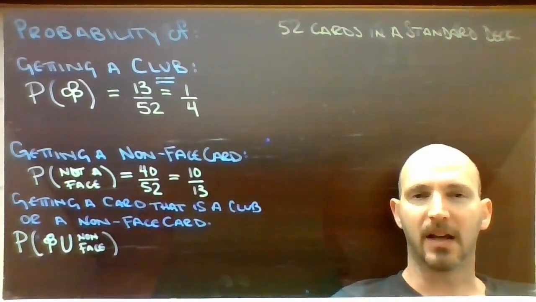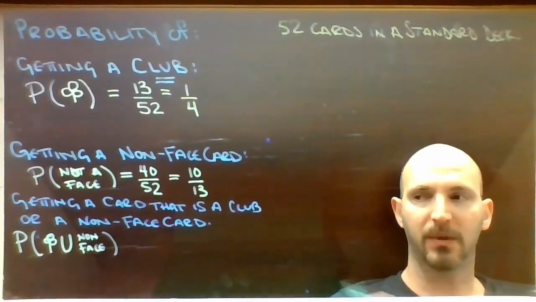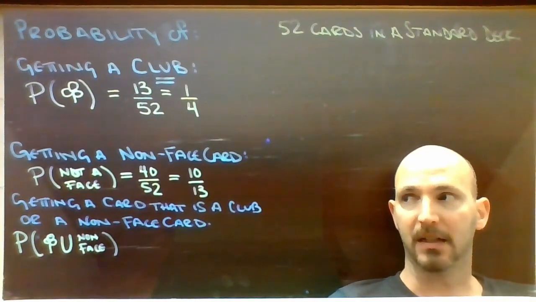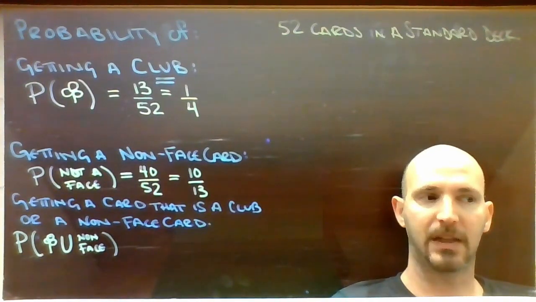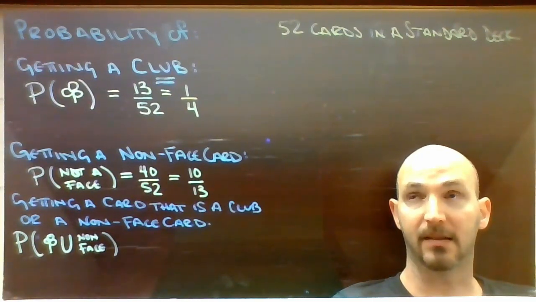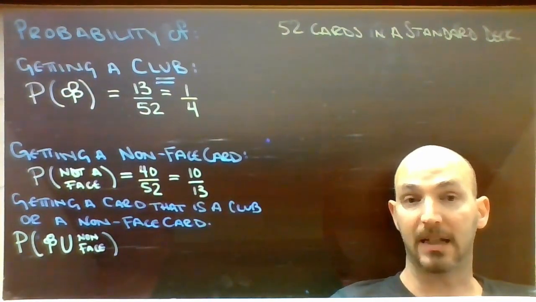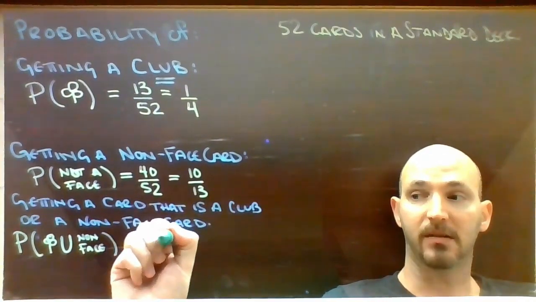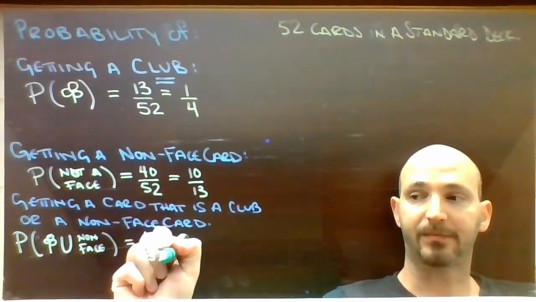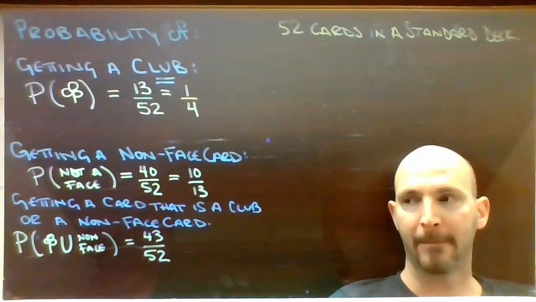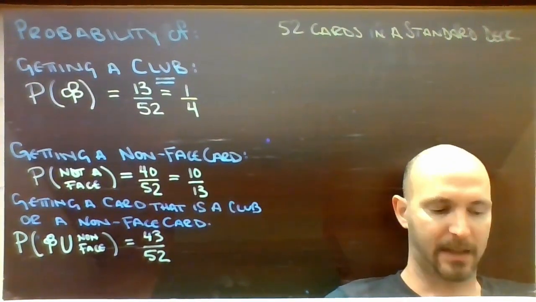If you think back to the Venn diagram on the other side, that would include all the cards that are clubs. So that's 13 of them. There's 13 clubs in there. And I have to add to that all of the non-face cards that are not clubs. So there's 10 hearts, 10 diamonds, 10 spades. That's 30 cards. Plus the 13 clubs should give me 43 cards out of the 52 that are either clubs or non-face cards. So if I were to try and write this,